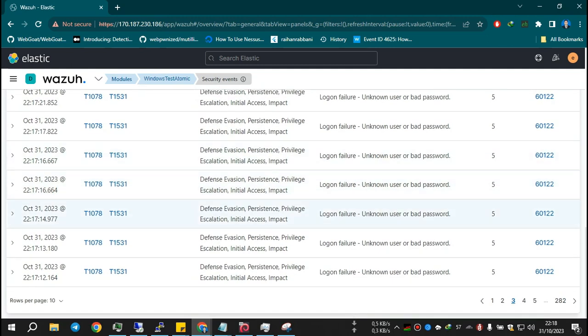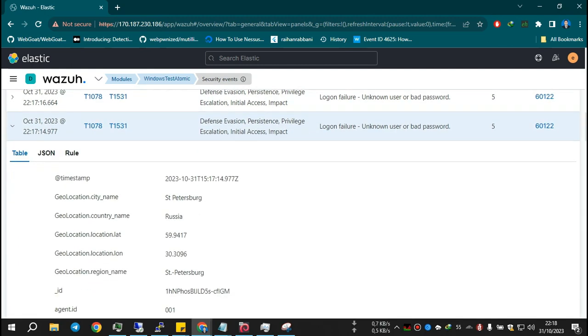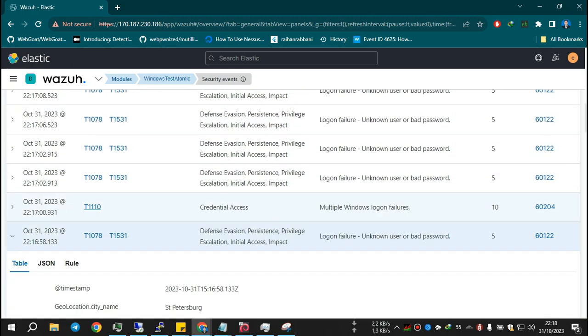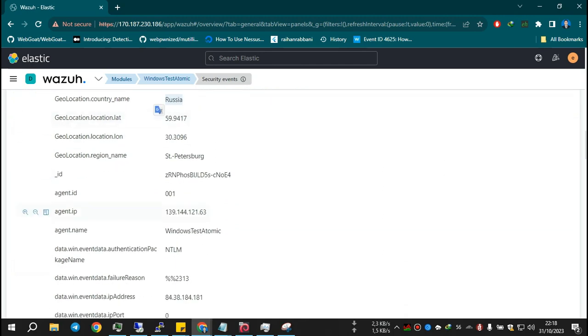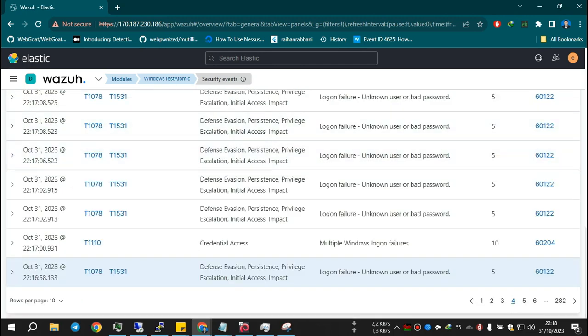Yeah, they are trying to brute force my RDP. Yes, Russia with this IP. So many attempts.